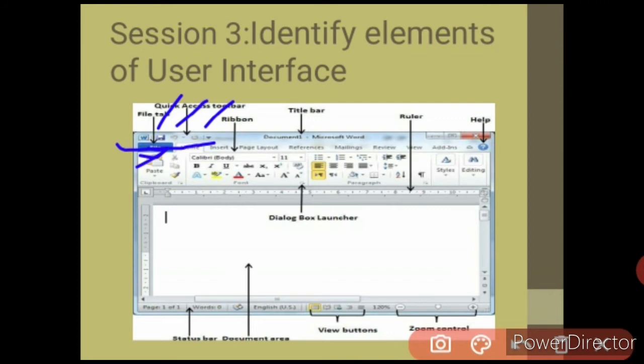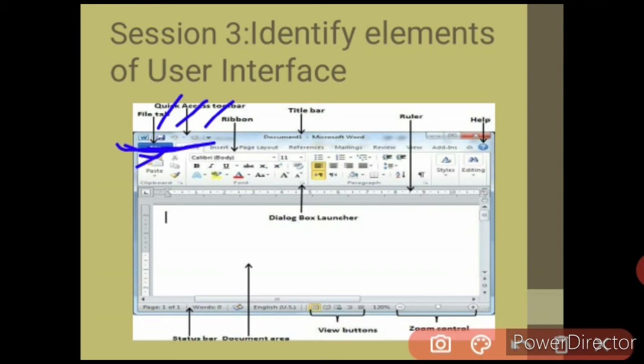Quick Access Toolbar means whatever toolbar options we want, we can access quickly. So we can add two, three, four options over here so that we can easily apply all the options from here. Suppose you write a particular line and you want to undo that. What do we have to do?